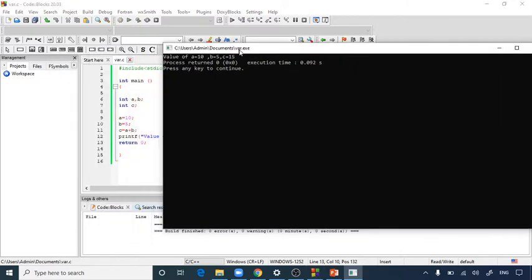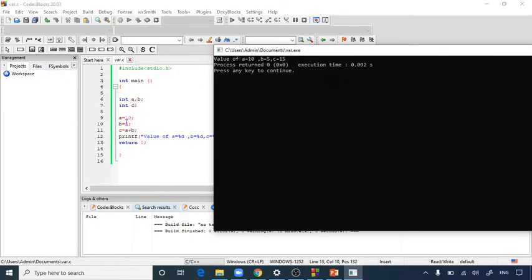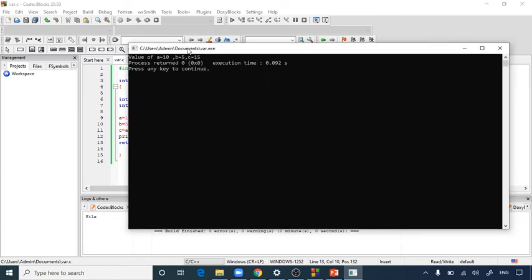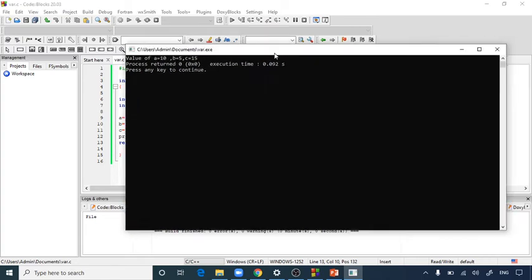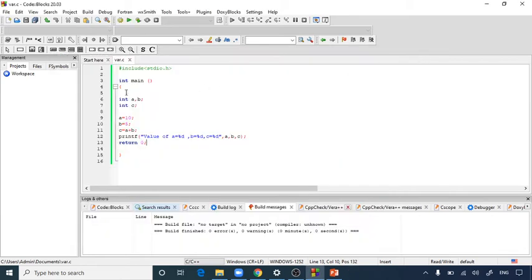If you build and run this file, you can see the value of a is 10, the value of b is 5, and the value of c is the addition result, that is 15. These are declared, accessed and initialized inside a single function. Now I am going to use one more example for global variables.